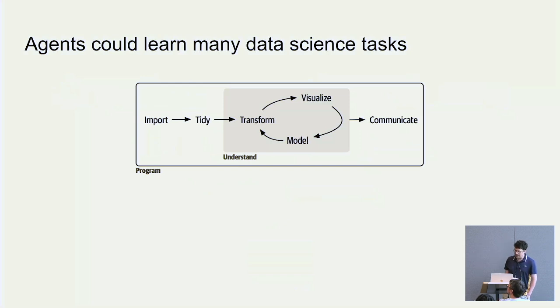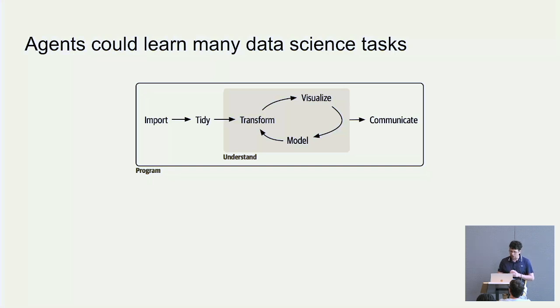But when I set out to do this, I was mostly thinking about how can we enable people to use these agents, these LLMs, as part of their analytical workflow, right? So one way that we conceptualize this as a community is with this diagram from the R for Data Science book, which I actually won a copy of last night, but then gave away to somebody who can make a lot better use out of it. But taking